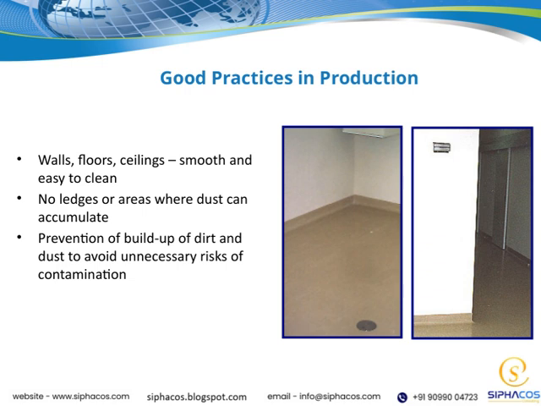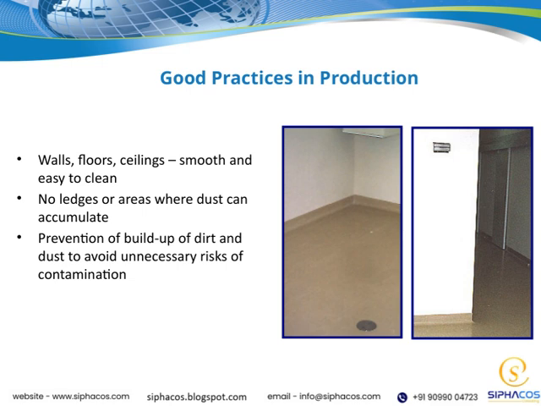This is especially important in production, where cleanliness directly impacts safety and quality. Preventing the accumulation of dirt and dust isn't just about tidiness. It's about minimizing unnecessary risks of contamination that could compromise our products or processes. Implementing these good practices in the production environment ensures we maintain a high standard of hygiene and safety throughout our